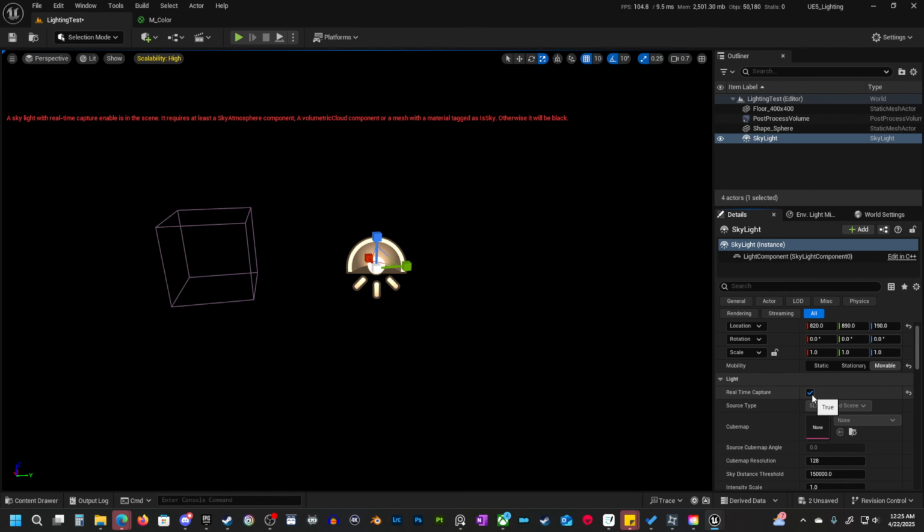So what is that saying? It's saying that it needs additional information to calculate what this light should look like. And what the Skylight is doing is it's kind of representing a little bit of the atmosphere, the way that the light